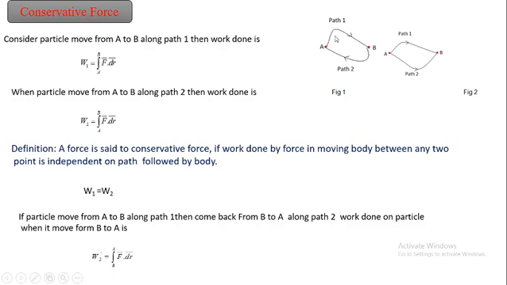Now the initial work done from A to B is the same as in your earlier equation, that is, the work done W1 is equal to the integral from A to B of F dot dr. Now the work done from B to A can be considered W2 dash, and you take the integration from B to A. Now B is the initial point and A is the final point, so we get the integral from B to A of F dot dr. Now consider the total work done in a round trip journey, or closed loop, which is equal to the summation of the two work done, W1 plus W2 dash.